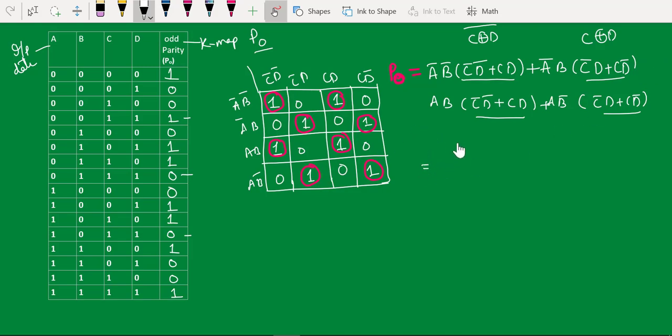So if you rewrite and take the common from these two and common from these two, I can write it as A bar B bar plus AB times C exclusive D whole bar.